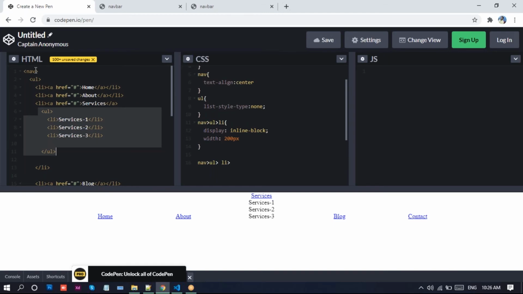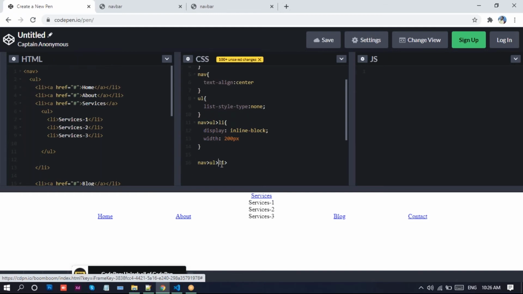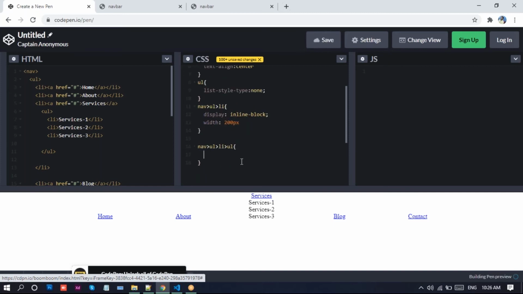This is a parent, this is a child, this one is a grandchild and this one is a super child. I need to select this UL tag, and inside of this UL I'll take LI. I selected this UL part, and now we write the rule for this UL.